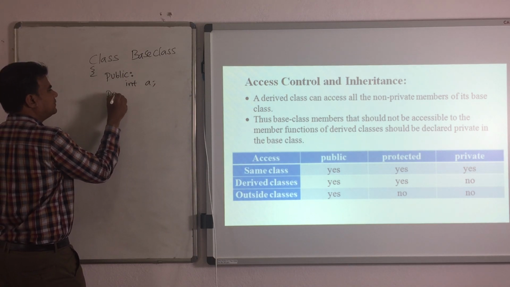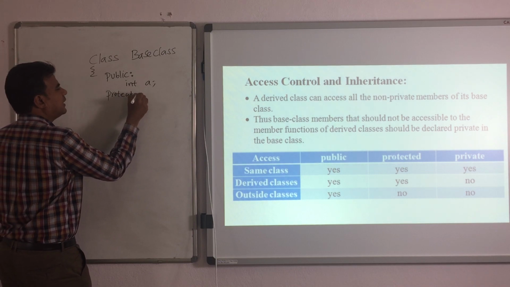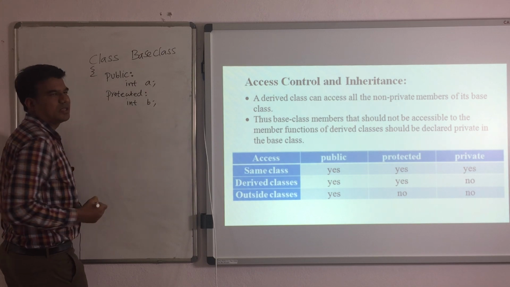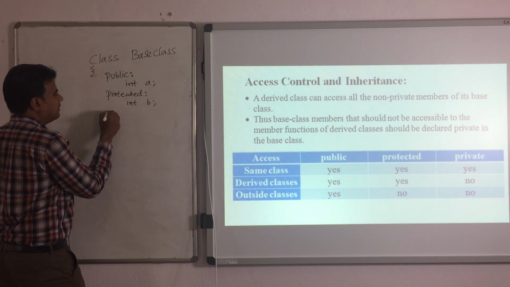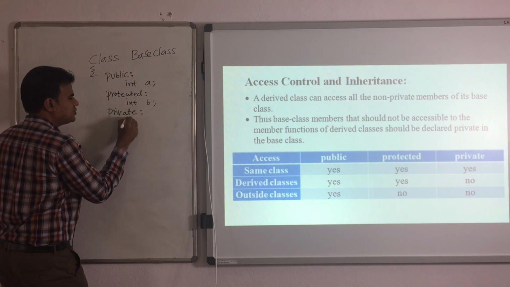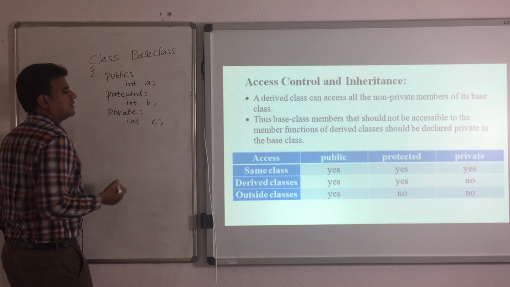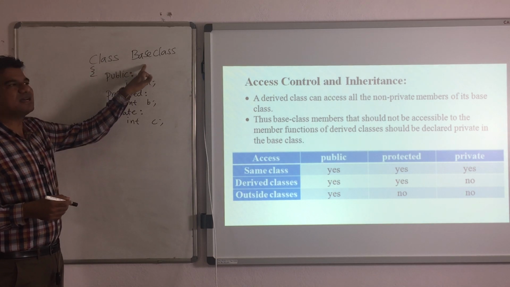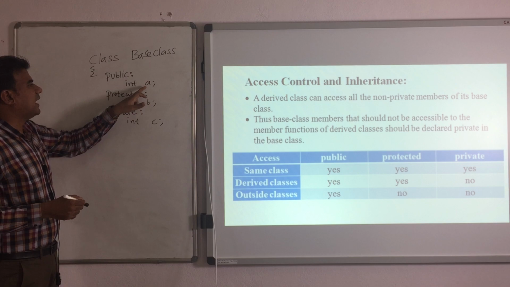Then protected data member int B. And I am declaring the third data member, that is private int C. So three data members I have declared inside my class. The class name is base class.